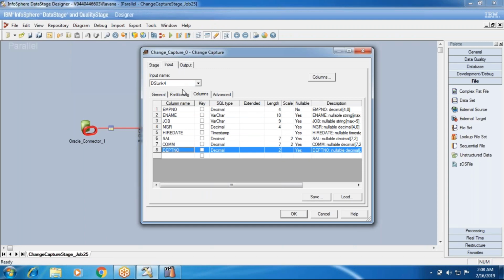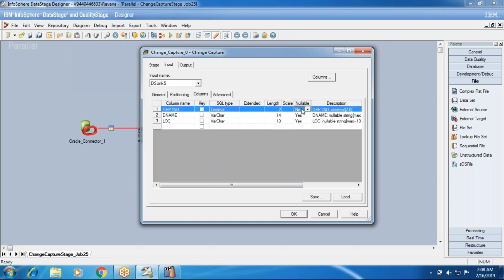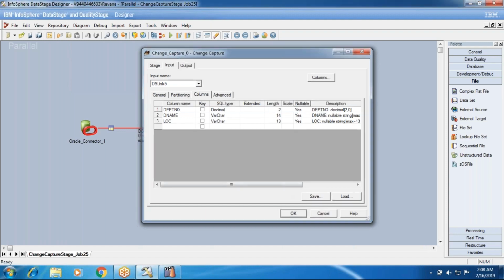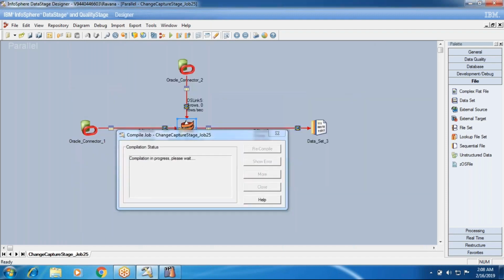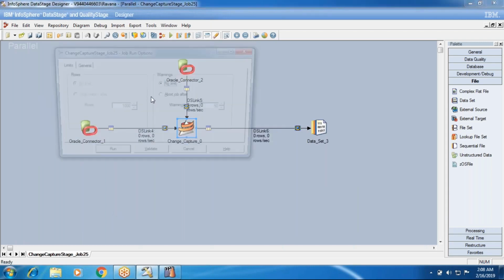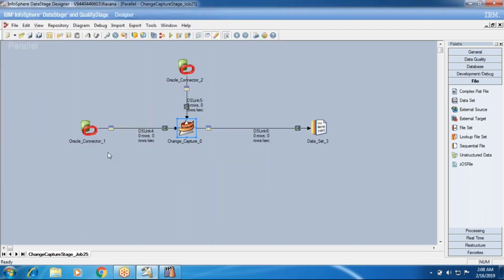See, here nullability is yes, but here nullability is no. That is the issue. In change capture it is an error, but in join or merge it is a warning. That's how the stages behave.